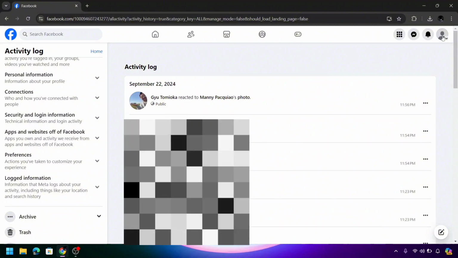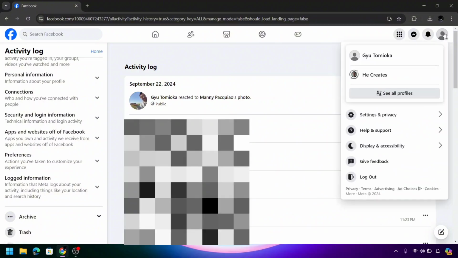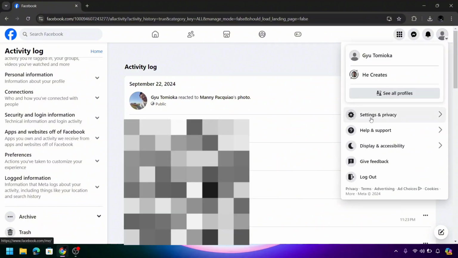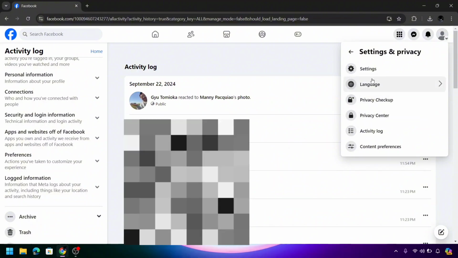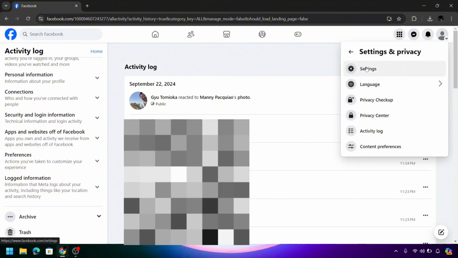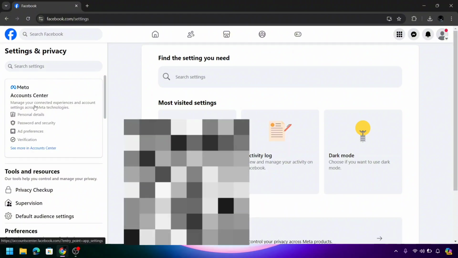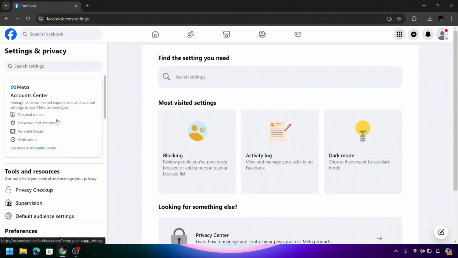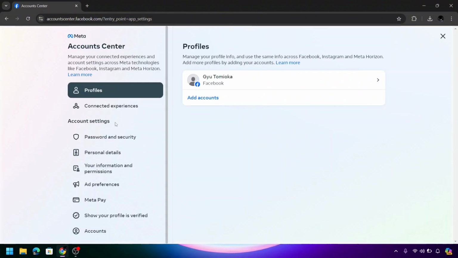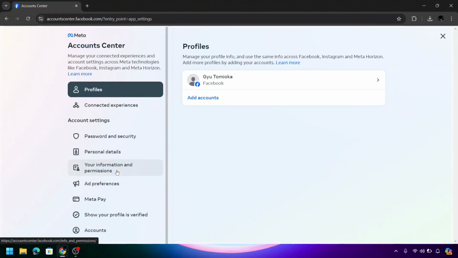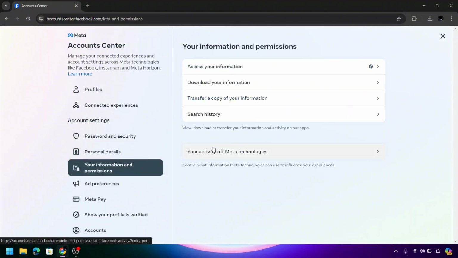So let's click our profile icon again and then click on the settings and privacy. Click the settings and then click this meta tab. After clicking this, find your information and permissions. Now click this Your Activity of Meta Technologies